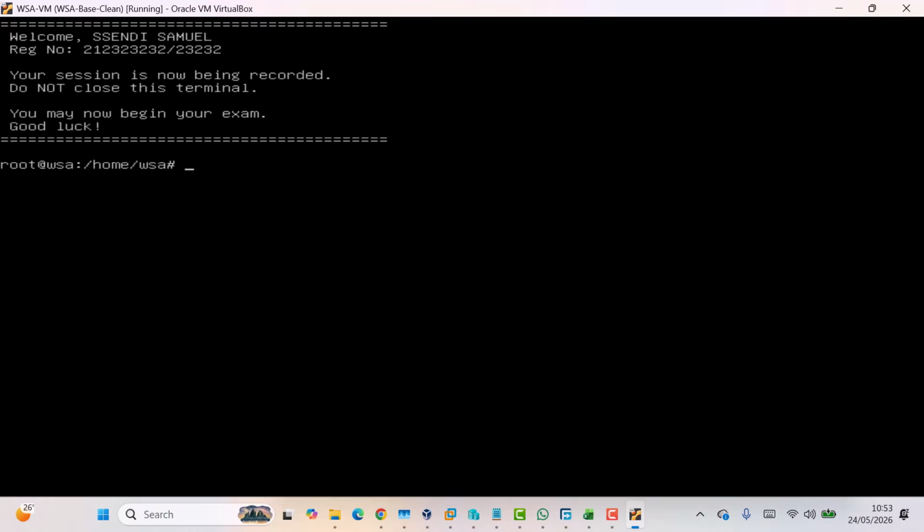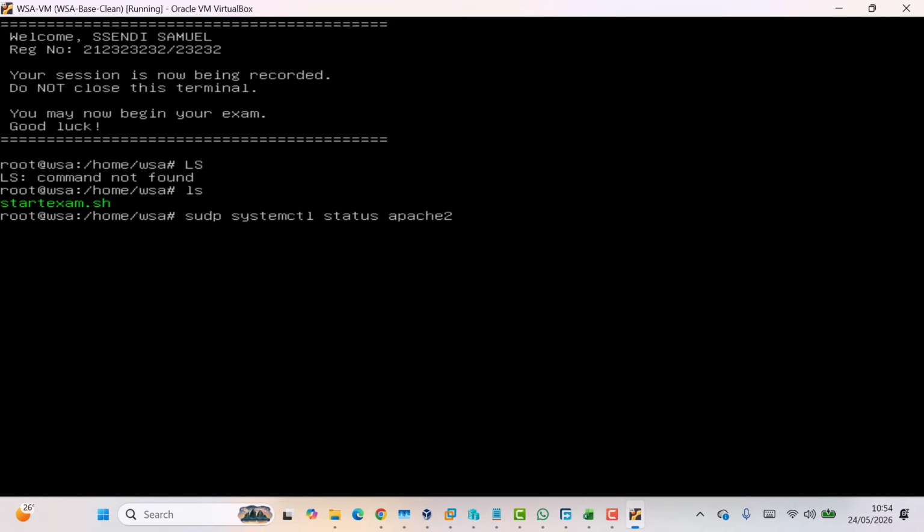Everything will be recorded in the terminal, and then you'll be good to go. So you can start listing any commands that you want. If you type it incorrectly, it will show. If you want to create a file, if you want to install, that is extremely up to you. Maybe you want to check and see if Apache is running. Maybe we check for the status of Apache 2, and then